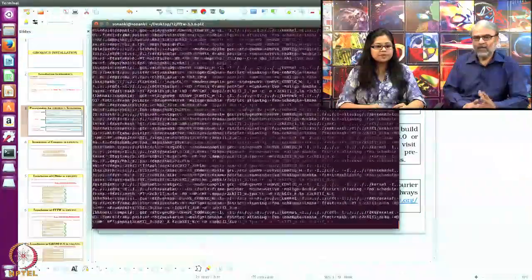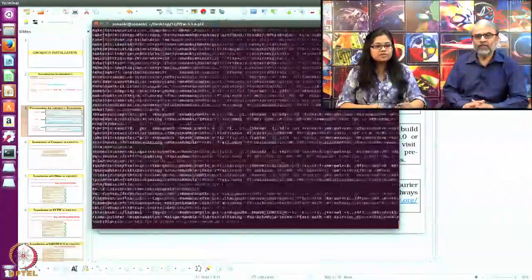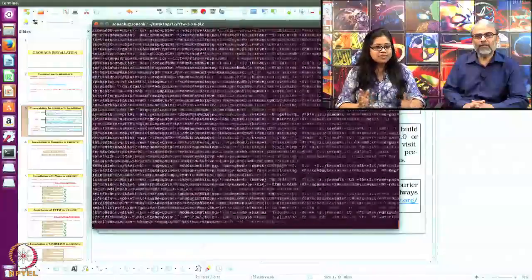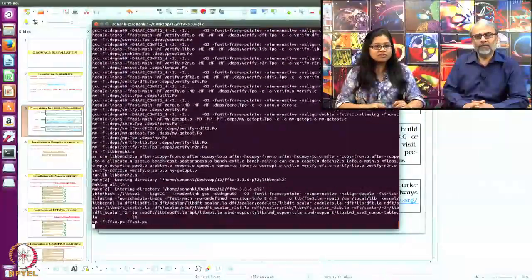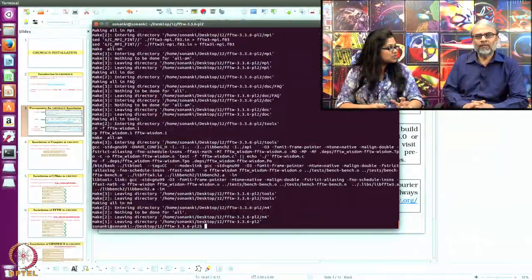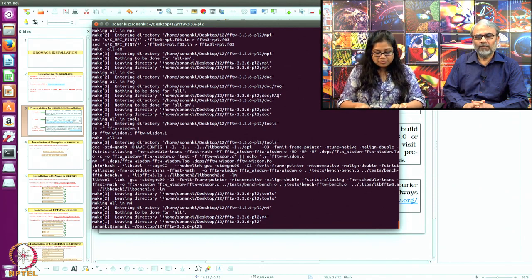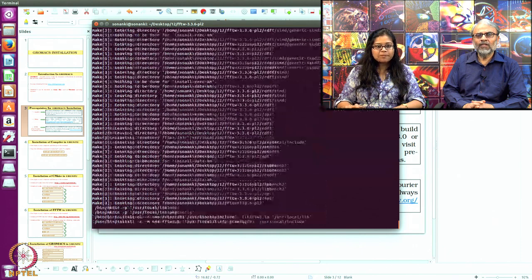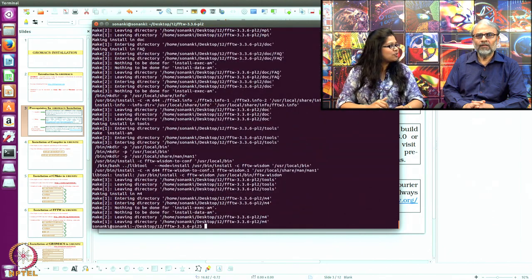Can you tell what a sudo command is? Sudo is for super user, since it's an administrative thing that I am using. So it requires the password for your machine. So now I'll do the installation using sudo space make space install space minus J6. What is that J6? It's just given. If you don't give it, it doesn't matter. So FFTW is also successfully installed.